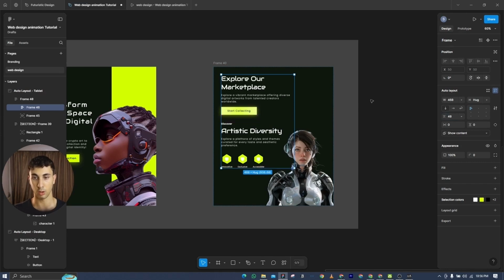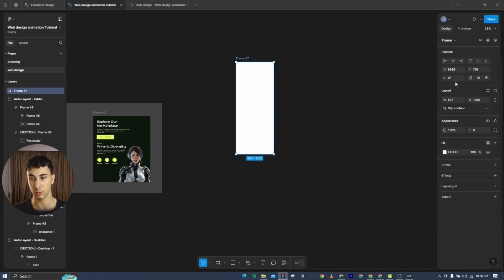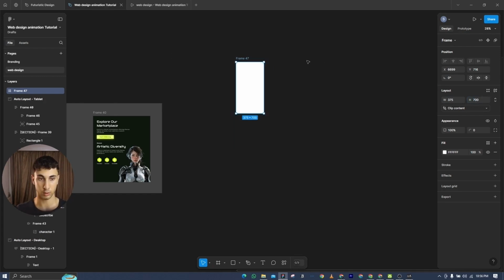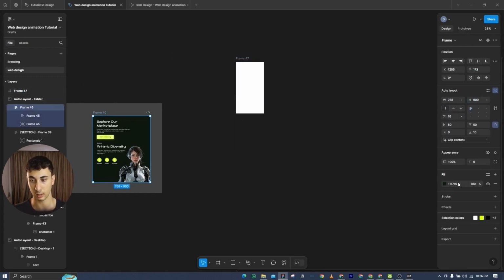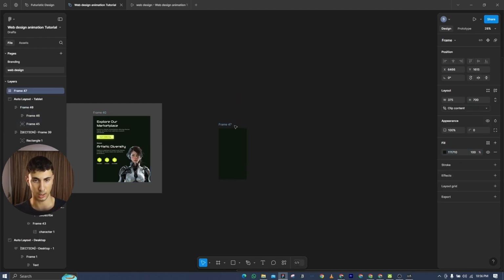Alright, so now let's go ahead and create a new frame. We want the resolution to be 375 by 700. So this is the standard resolution of the mobile version. Alright, let's start by selecting any section, copy and pasting the background, and let's try to envision how the first